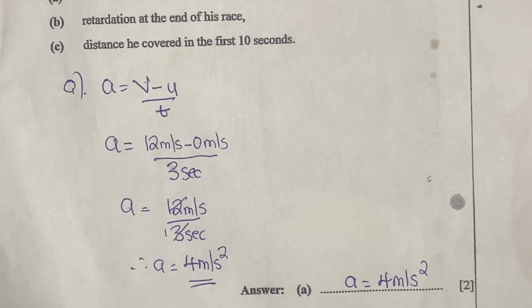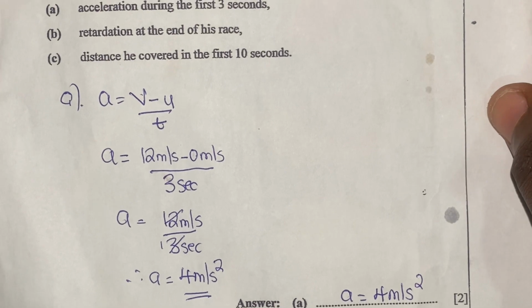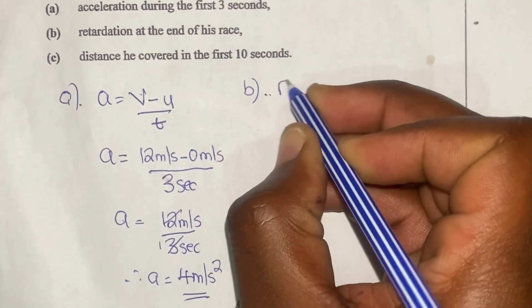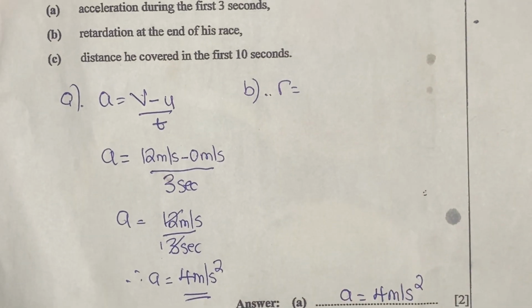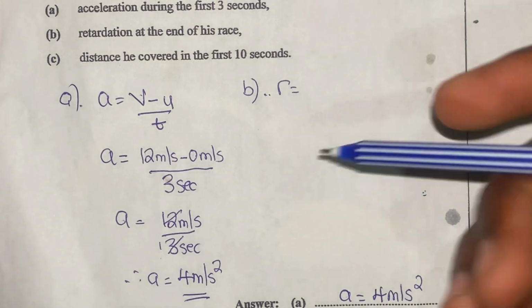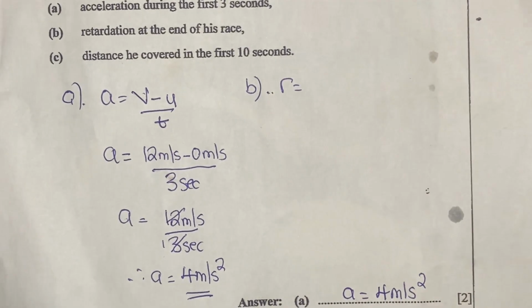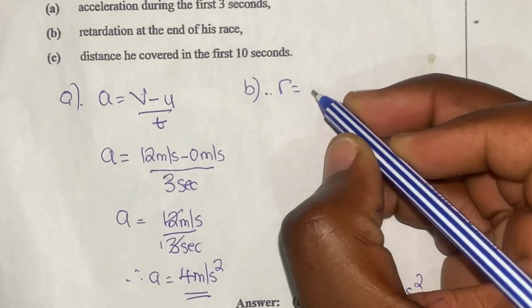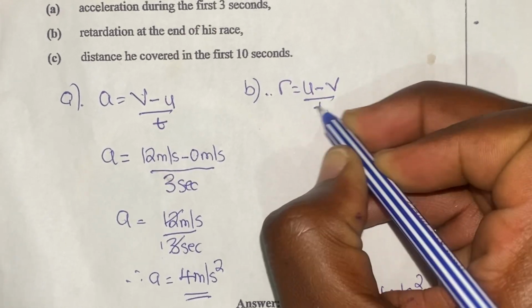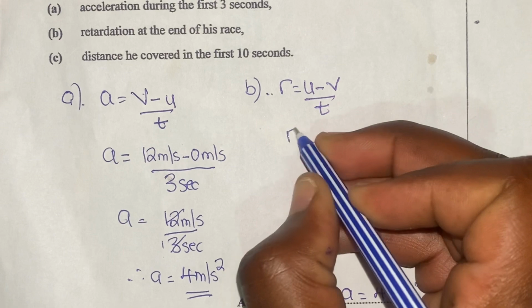And then on B, it's saying retardation at the end of his race. So when we talk about retardation, this is negative acceleration, or just for simpler terms for practice, you can just say A or R. So when we talk about retardation, we're talking about the final minus the initial over the time taken. So the retardation